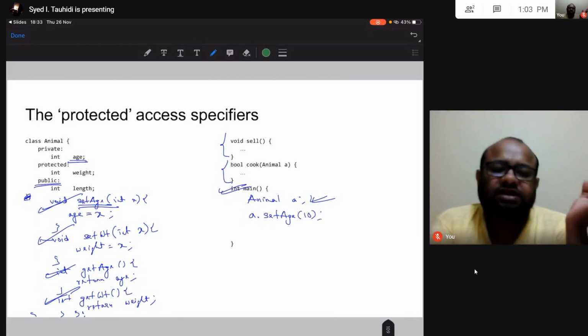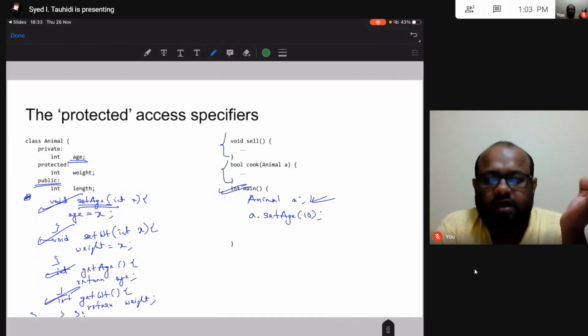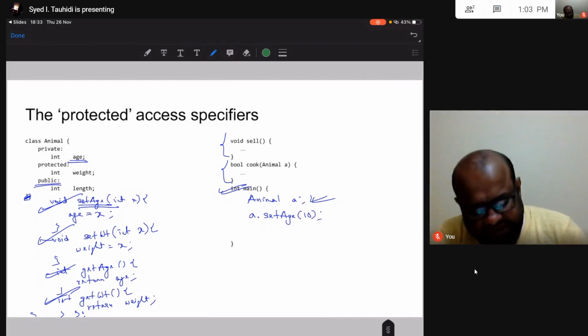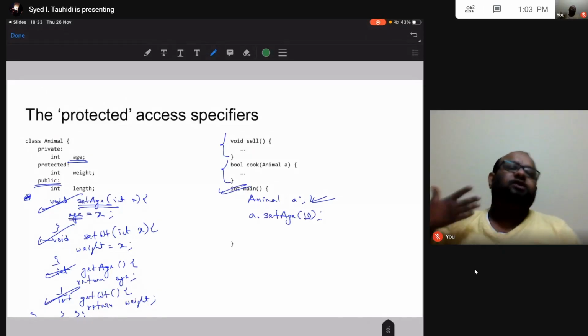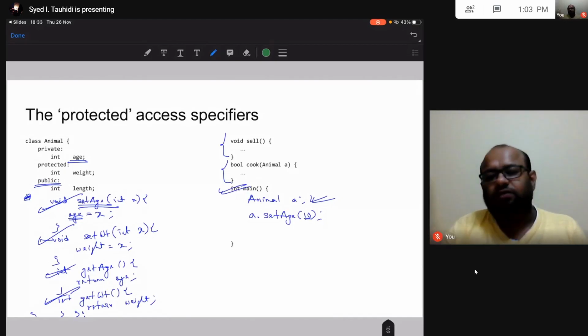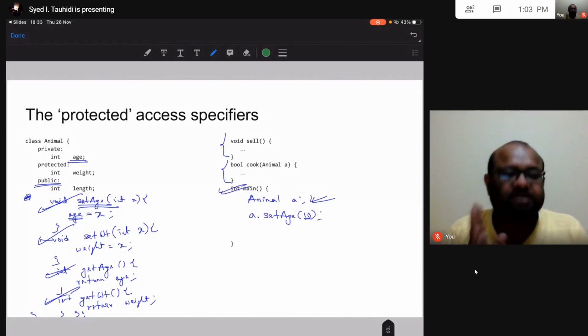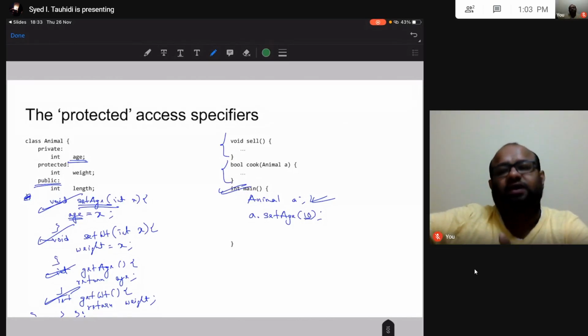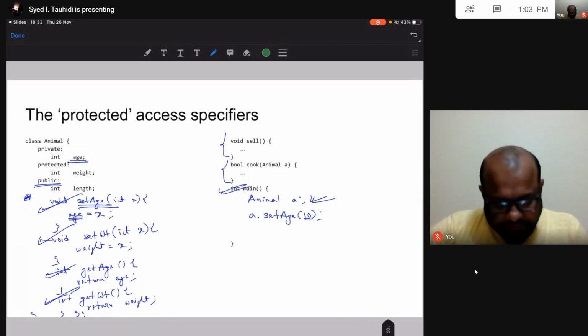In set age, I am passing this parameter 10, and this parameter will be set to age. Before, I was trying to directly set age equal to 10, which is not allowed. But because this set age method exists, I can indirectly set the value of this private data attribute through this public interface.